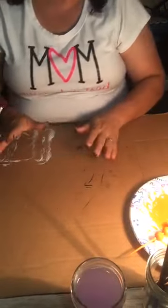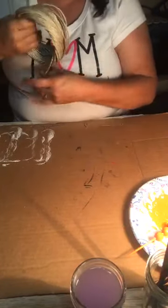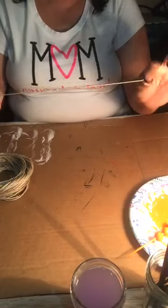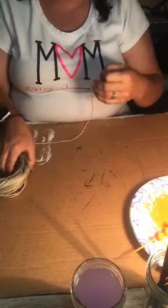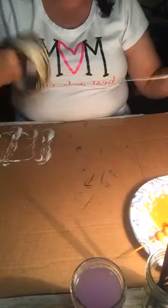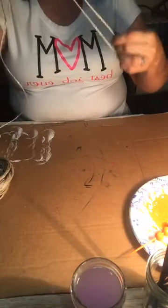Next we're going to work on is the tassel. I've got some string here. This is like a hemp. It's in the craft department at Walmart. A couple bucks and you get a big thing of it. We've used this one forever and it's still got forever in it. We use these for our tie-up for our door hangers. Like